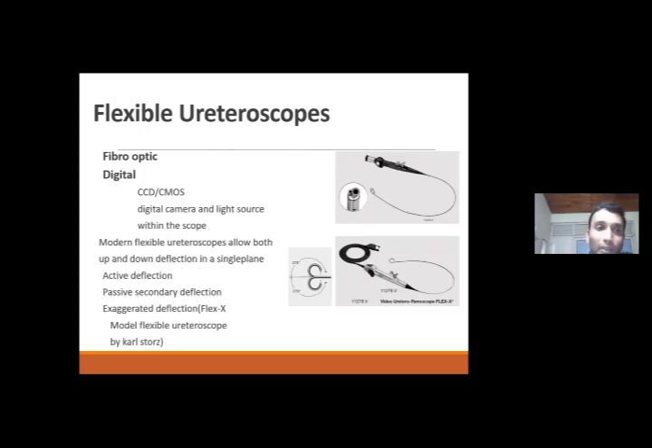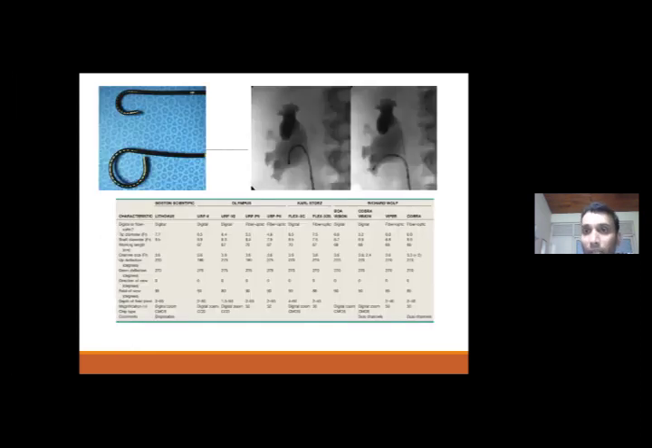Then the flexible ureteroscopes are available in fiber optic and digital versions, with the digital one having the charge coupled device, the same as a digital camera, and the light source within the scope. The modern flexible ureteroscopes allow both up and down deflection in a single plane, with active deflection of about 270 degrees. Most of the time with this active deflection, we can enter into the lower calyx. To enter into the lower calyx, we may use the passive secondary deflection, using the medial